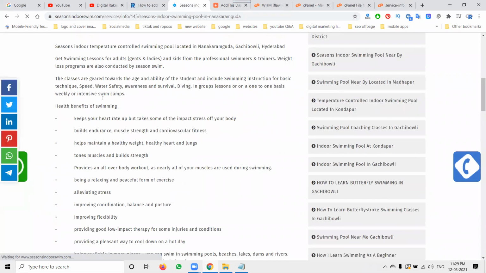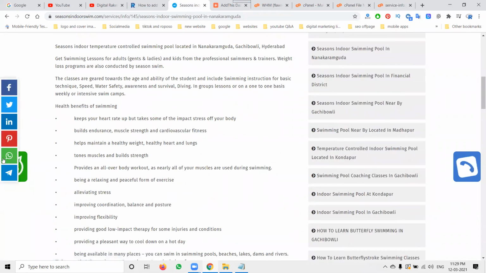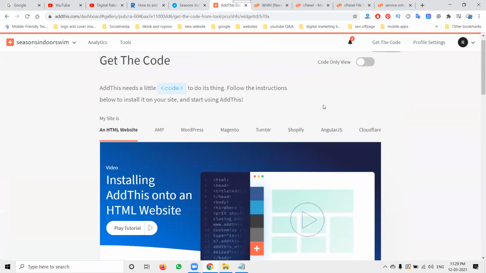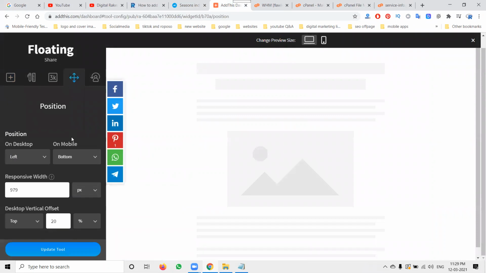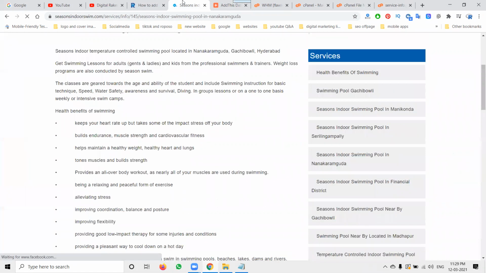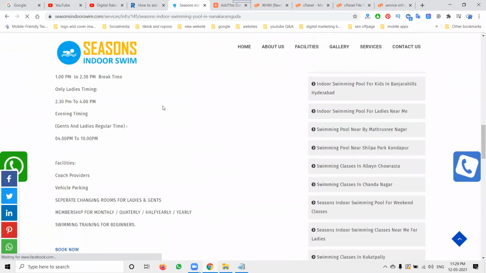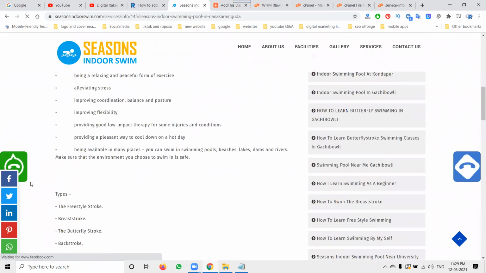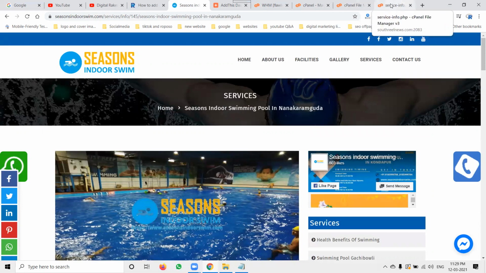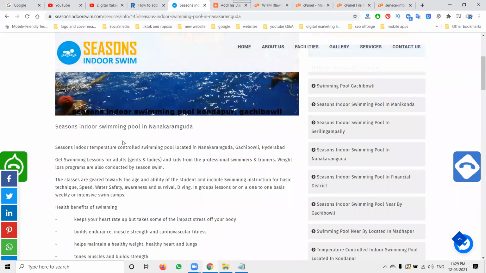After refreshing, your particular share option is showing here. What changes you've done? Simply go to the option called tool, click settings. Here, what changes are required? I'm giving the option 60%. Update tool. Now we have to refresh. Here we will be adding this option. A little bit we can come in more. We can increase this.